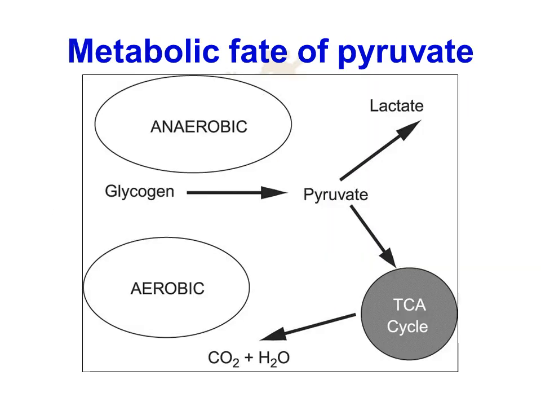So just to summarize this part of the session, I said that glycogen or glucose is converted down to pyruvate. Under anaerobic conditions, it goes to lactate. Under aerobic conditions, it goes to another cycle. The pyruvate goes into what's called the TCA cycle, the tricarboxylic acid cycle, with subsequent production of CO2 and H2O. We'll look at that in a subsequent visit, but the point is that the faster the